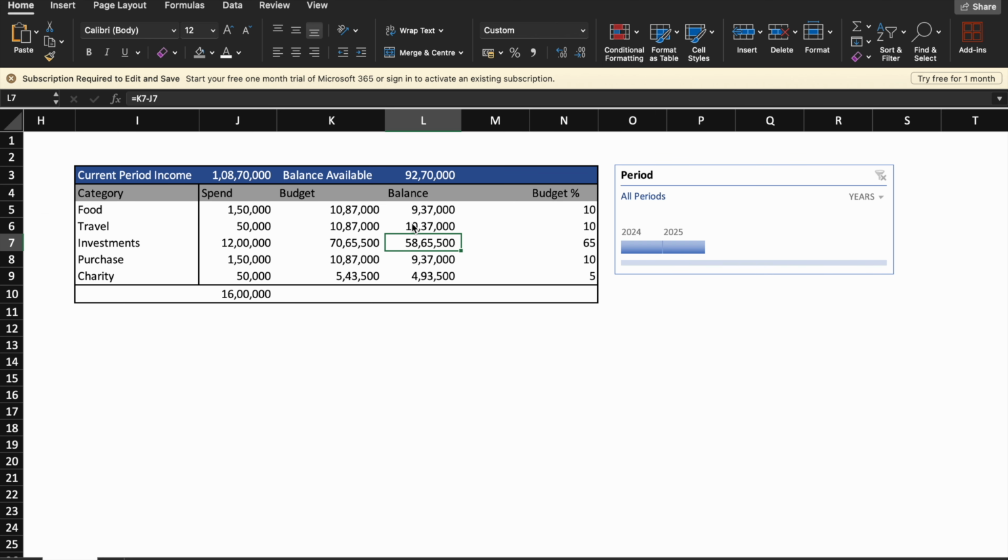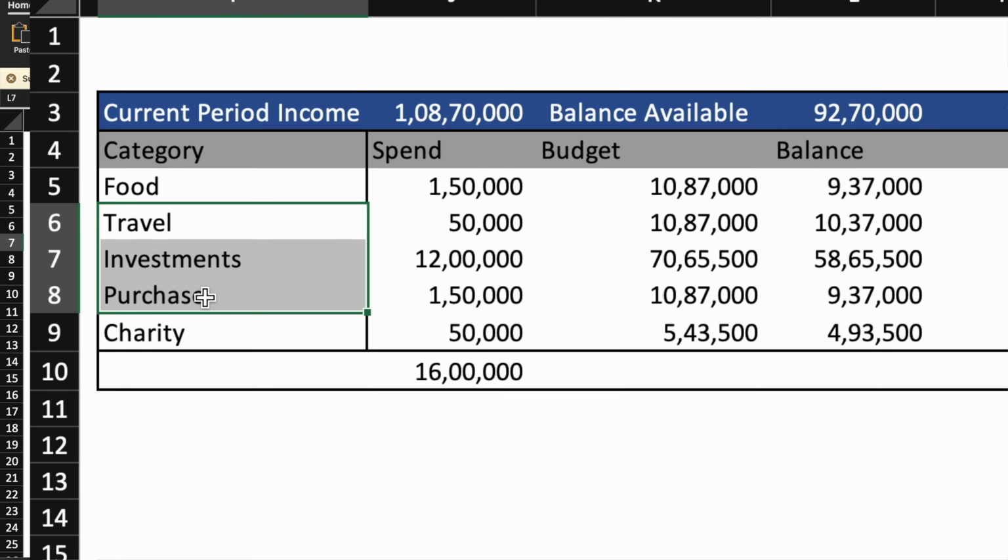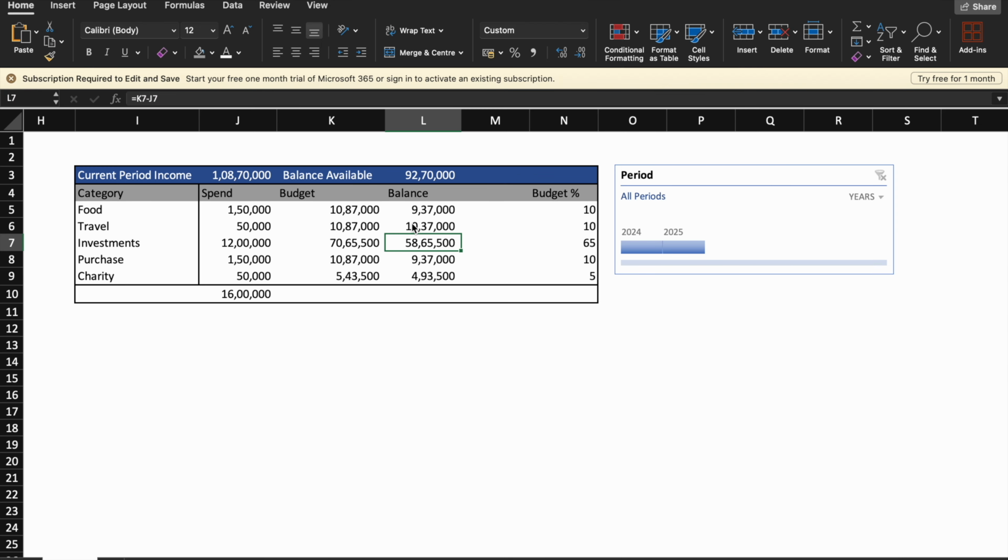Hey everyone, today I'm excited to show you a most powerful but minimal income expense tracker in Excel. With this tracker, you can easily analyze your expenses across different categories and set your own budget based on your current income. You can customize allocation percentages for each category, and the tracker will automatically highlight if your actual expenses